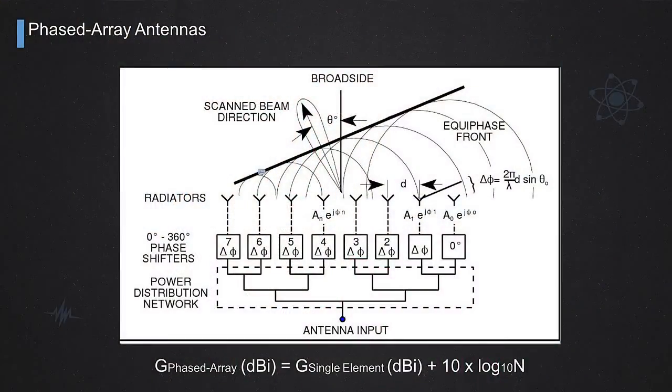Arrays of antennas are used. They are called also direct radiating arrays, just because the radiation comes directly from the feeds without the use of any mirror or reflector surface. And the gain in this case has to be calculated. It's rather obvious to think that we are sort of sampling the area of the array through the elements. So it's rather obvious to think that the overall gain of the phased array is somehow the sum of the individual gains of the elements multiplied by the number of elements themselves.